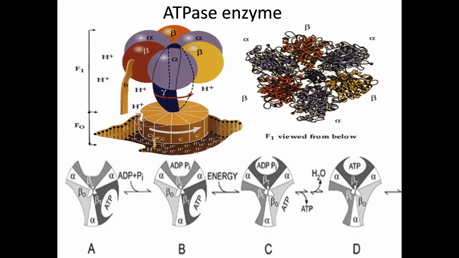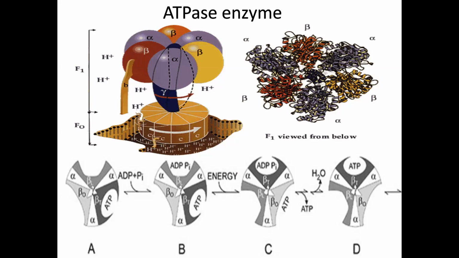It has been shown that it is on the beta units that the synthesis of ATP occurs, and thus they are called the catalytic subunits. Nobel laureate Paul D. Boyer found that, as opposed to the view generally held, the step requiring energy was not the synthesis of ATP from ADP and inorganic phosphate, but that energy was required to bind ATP and the phosphate to the enzyme and to release ATP.